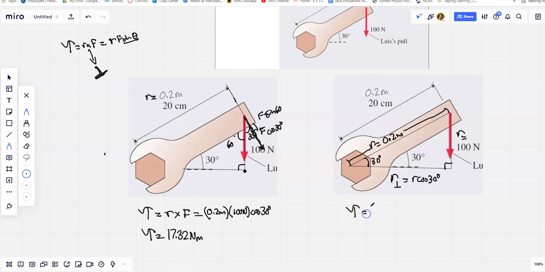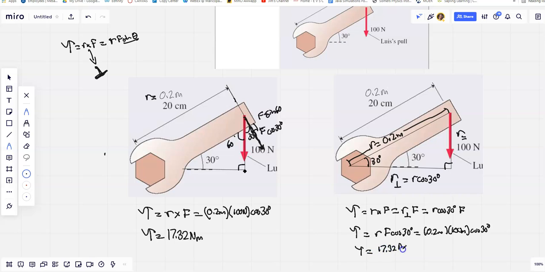So tau, which is equal to R cross F, which is equal to R perpendicular times F, is going to be equal to R cosine of 30 degrees times F. In other words, RF cosine of 30 degrees, which is 0.2 meters times 100 newtons times cosine of 30 degrees. So our tau is going to work out to be